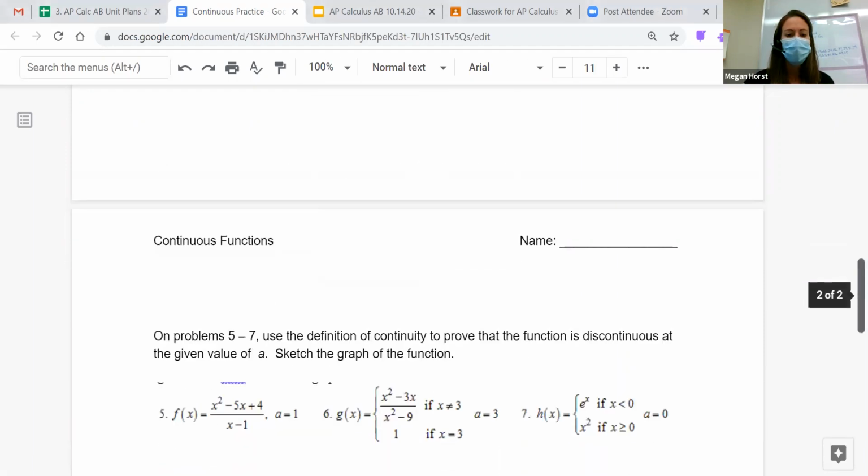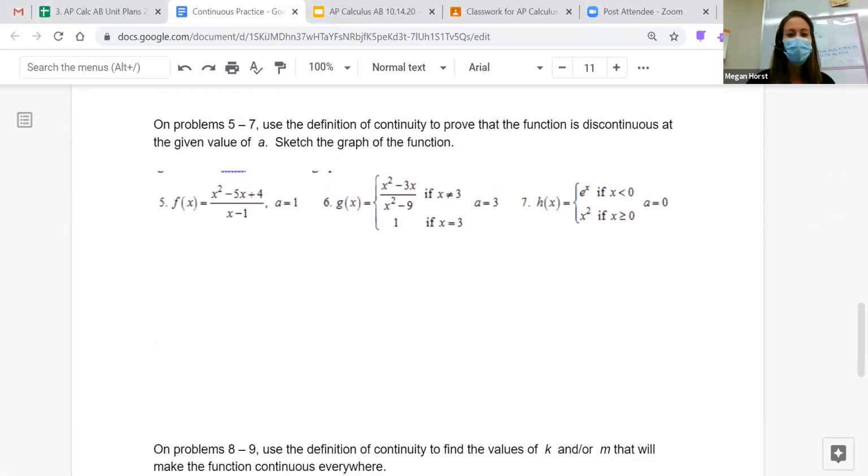All right, on this next part, we're going to start entering into some algebra to make things make sense. So first, let's